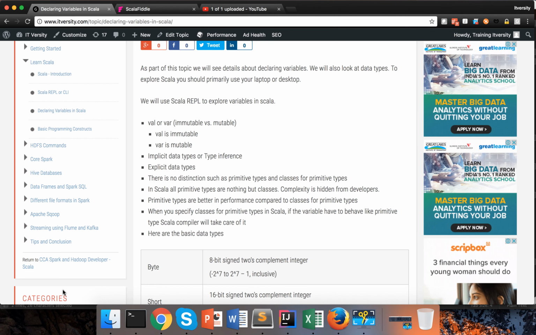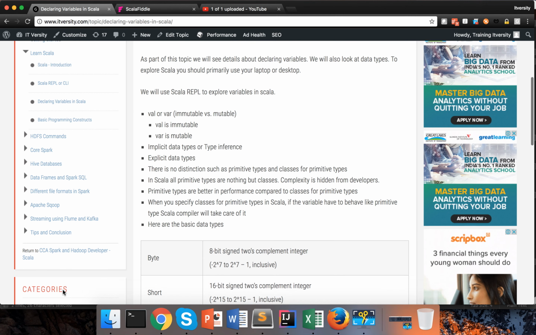So this behavior of running as primitives versus running as class objects as and when it is required is called value classes in terms of Scala. So for all the primitive types, there are only classes, and it runs as primitives as and when it is required to run as primitives, and it runs as class objects as and when it is required to run as class objects. And the classes which exhibit this behavior are called value classes. Okay,